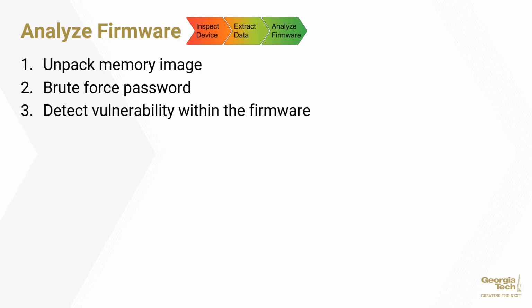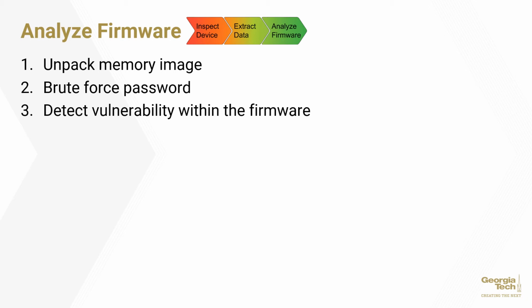This paper doesn't go into too much detail over analyzing the firmware, but it still does list these 3 steps. First, you want to unpack the memory image obtained in the last slide, and this can be done through some pretty easily accessible, publicly available tools. Next, you can bypass passwords you encounter in the code using brute force methods. This can also be done through publicly available tools. And finally,